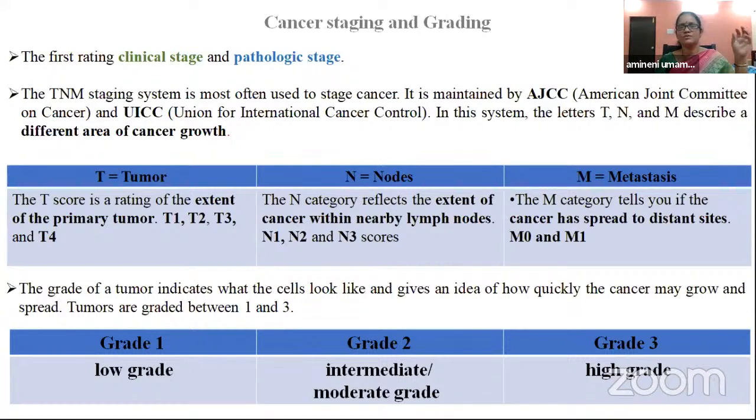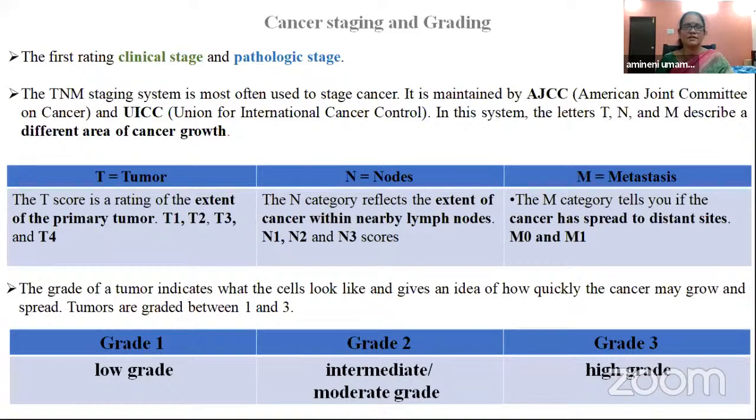So it will reach some other distant part, and based on the microenvironment, if the microenvironment is suitable, in breast cancer it will mainly go to the brain or the lung. Sometimes it will also go to the bone. Like that, it will choose the microenvironment wherever it is comfortable. Then they will stay there and spread. That condition is called the metastatic condition. M0 means it has not spread to distant sites. M1 means it has spread to distant parts.